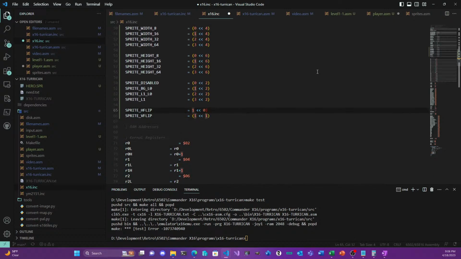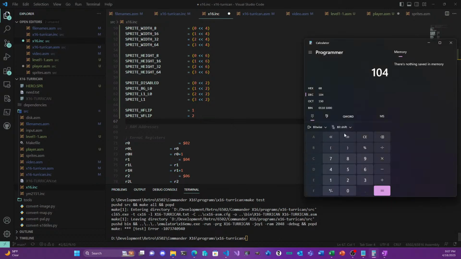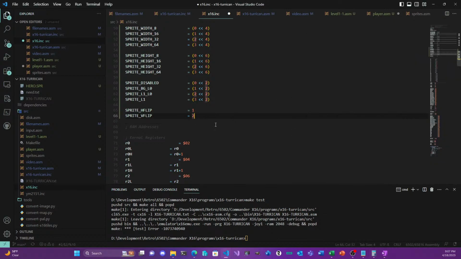You know what? Let's just do this. Yeah, that works. So if we look at 1 in binary, it's the first one. If we look at 2 in binary, it's the second one. So we don't have to do any bit shifting there, we just pick 1 or 2. Okay, and I think